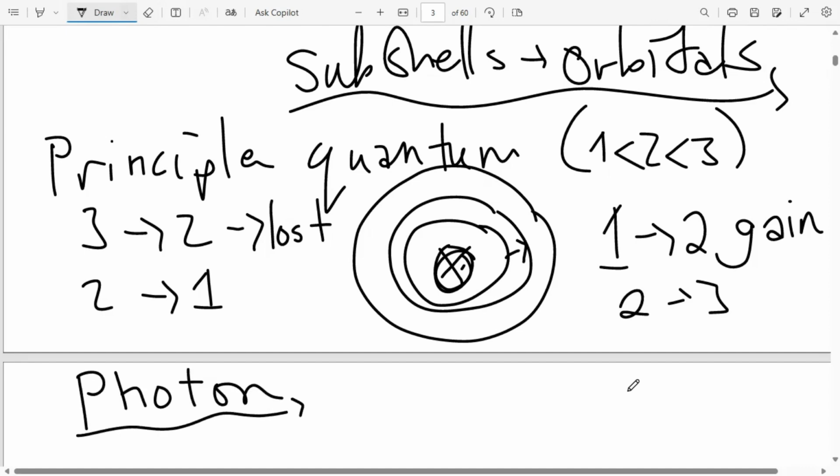Like this. So when an atom or an electron absorbs a photon, what is it going to do? It is going to increase its energy level, since it's absorbing some type of energy. Whilst if it loses a photon, that means that electron is going to go into an energy level of lower energy, because there is energy that has been lost. So that can explain the principle of photons and transitioning between electron shells or energy levels or electron clouds,